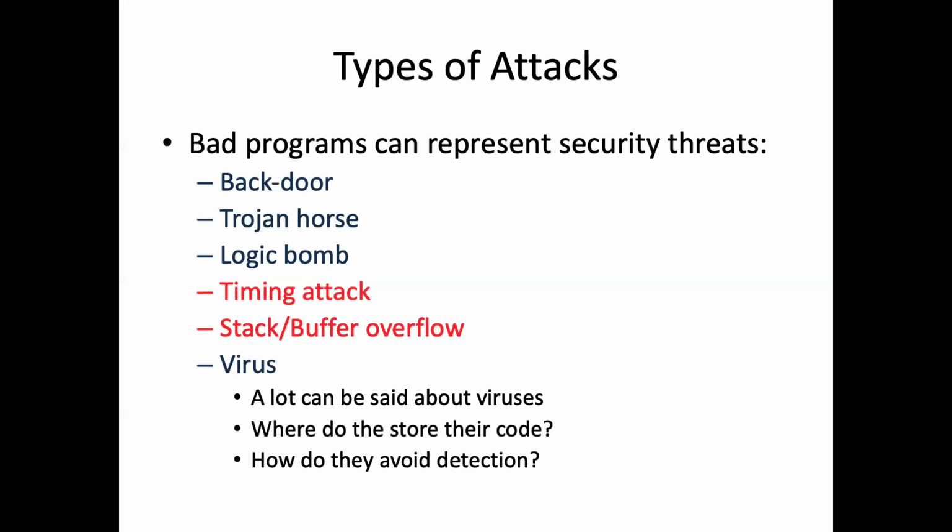A logic bomb is another example of a deliberately bad piece of code. Whereas a backdoor kind of had to wait for a particular user to try to access it, or someone who knows how to exploit the backdoor, a logic bomb just waits for a particular situation. The attack doesn't depend on a particular user trying to exploit it. It just depends on particular circumstances.